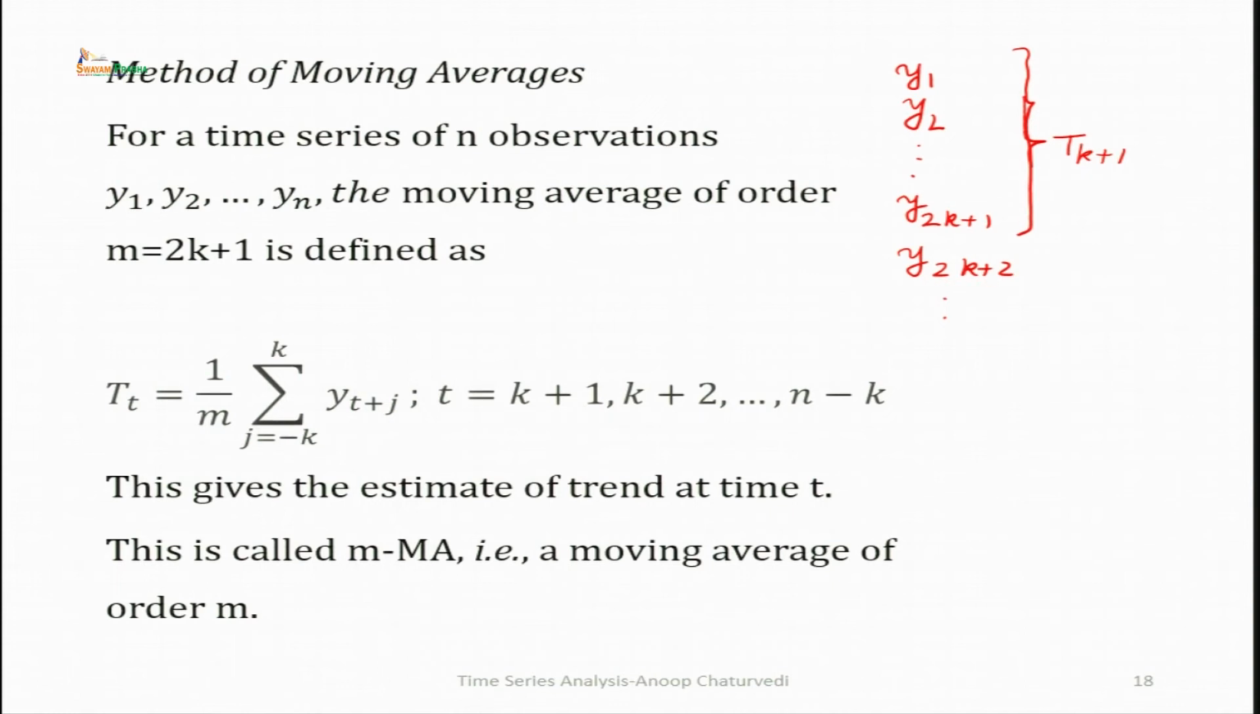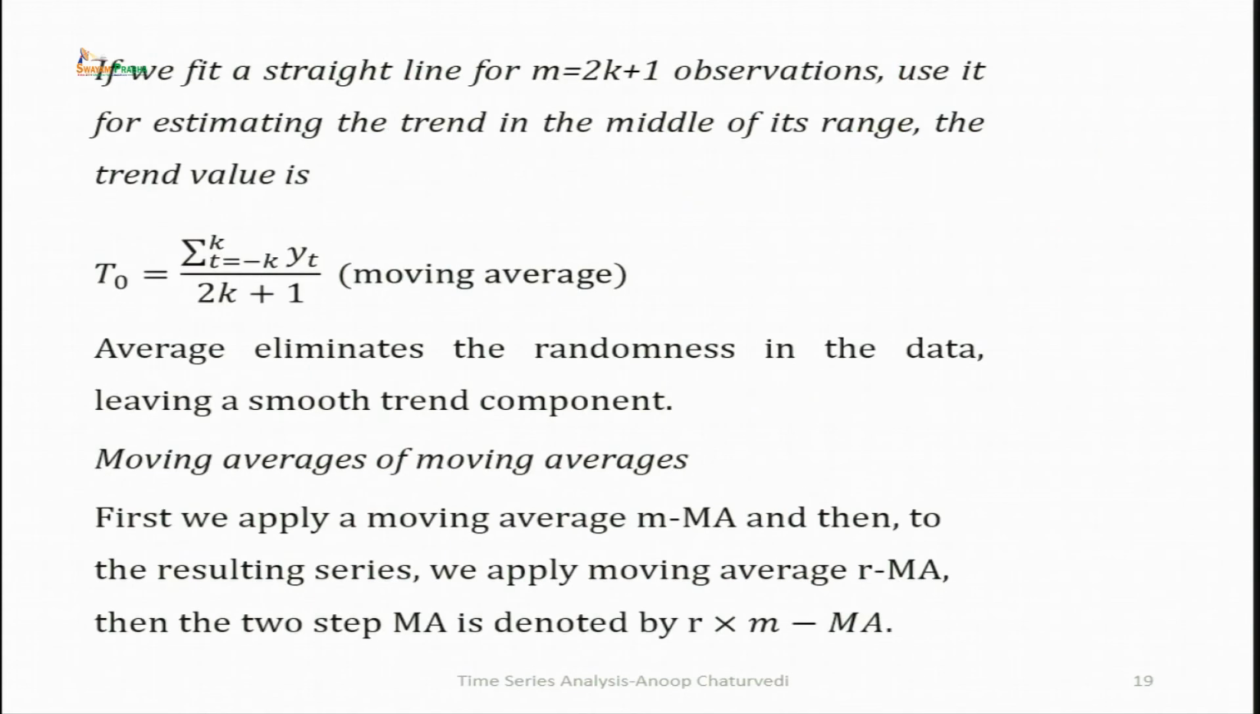You take simple arithmetic mean, you get t k plus 2 and so on. And you continue this process until you reach the last 2k plus 1 observations. Now, remember when we fitted a straight line for m equal to 2k plus 1 observations,